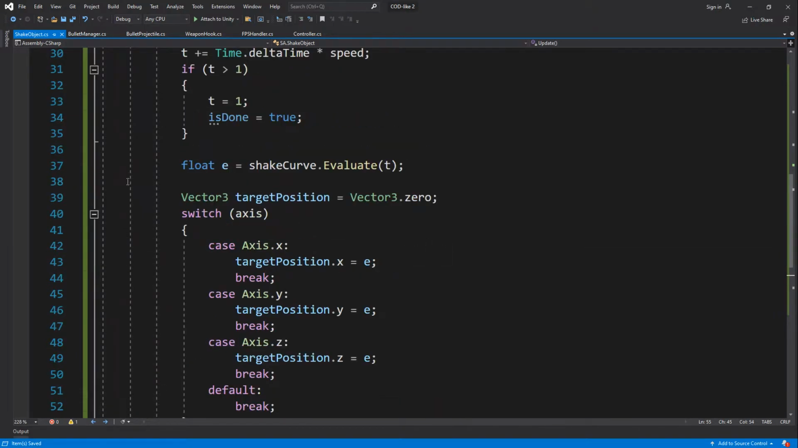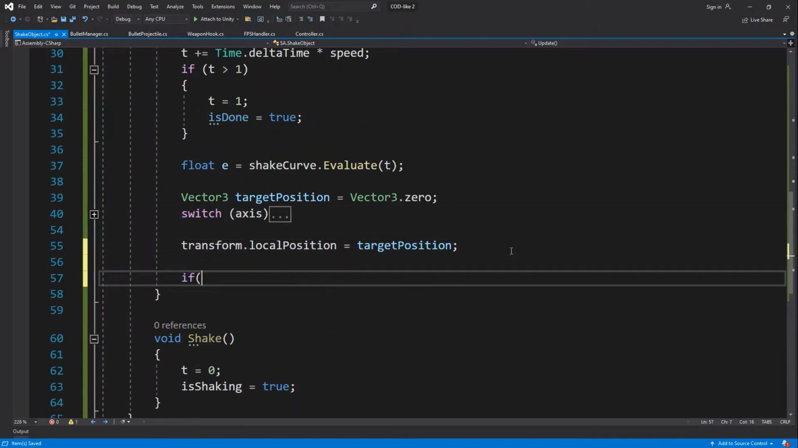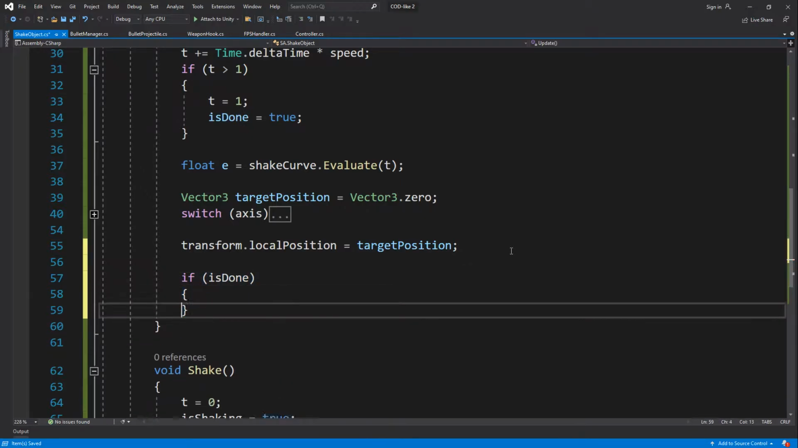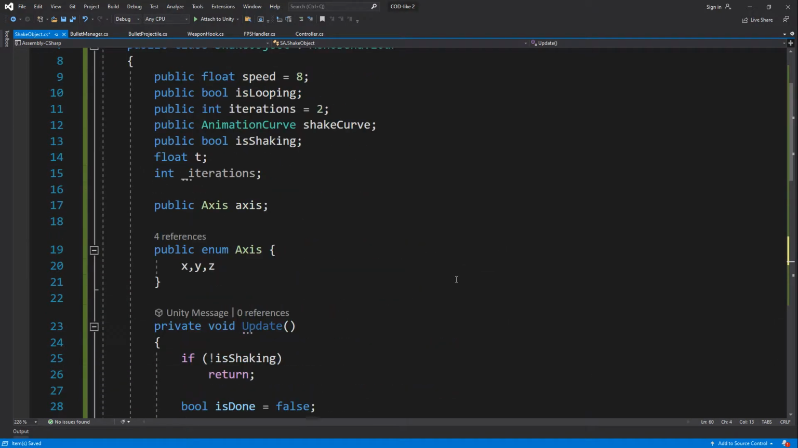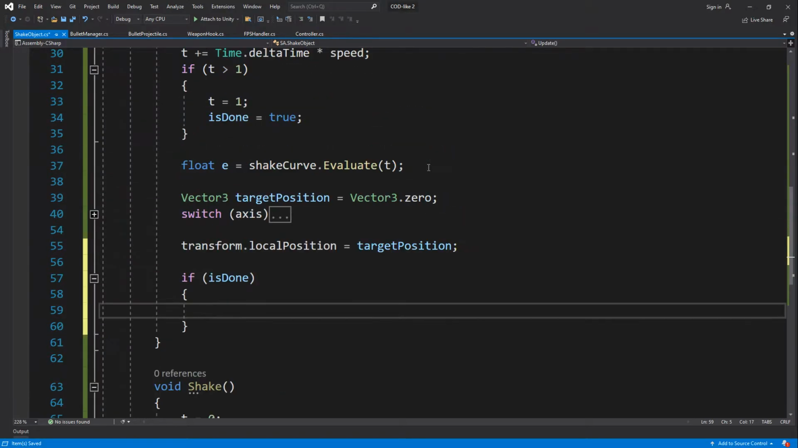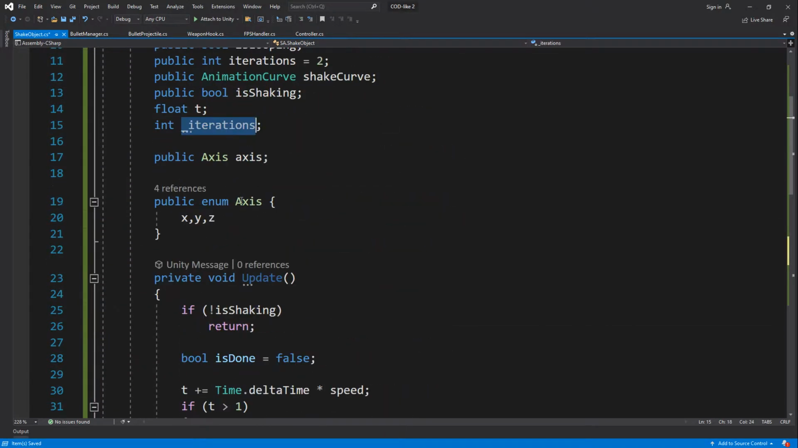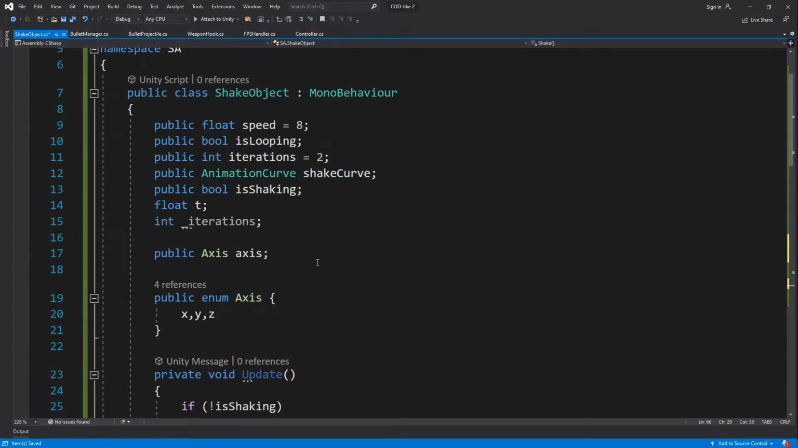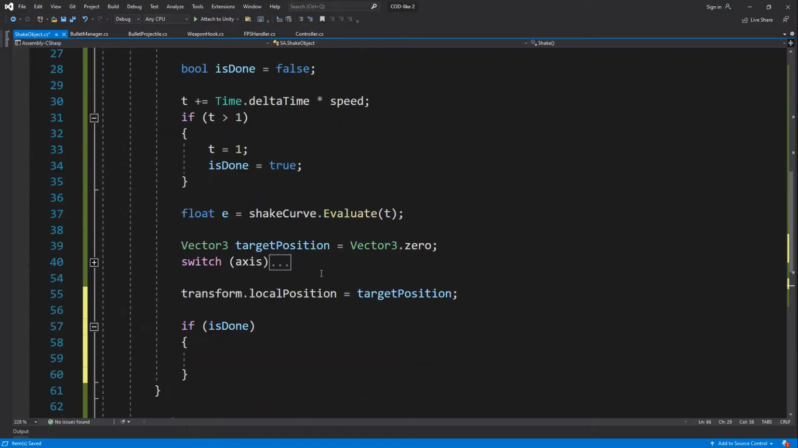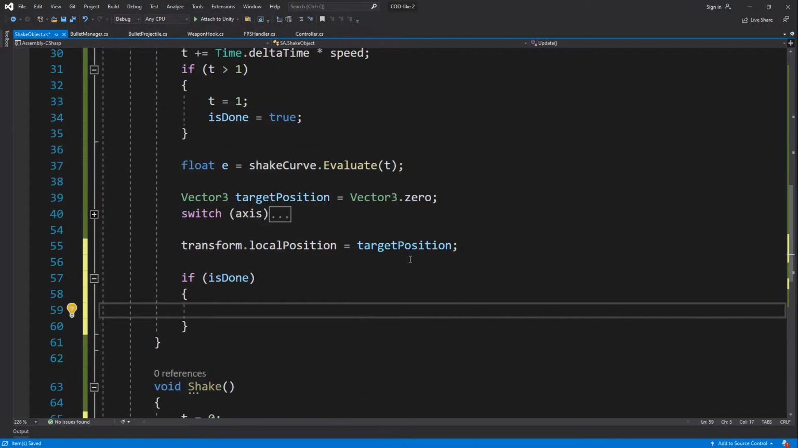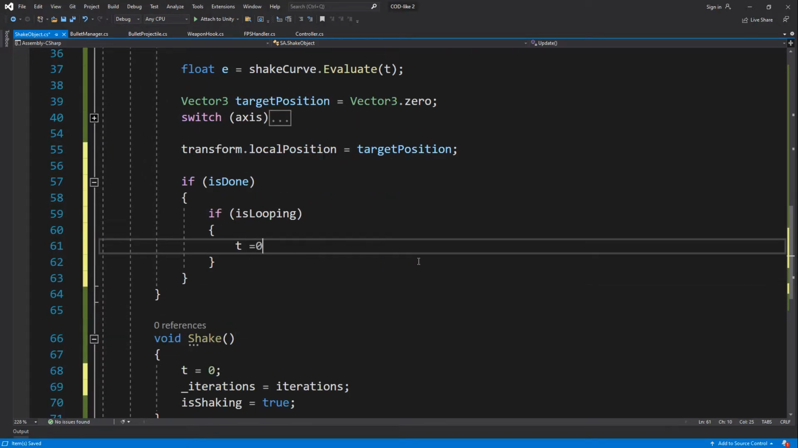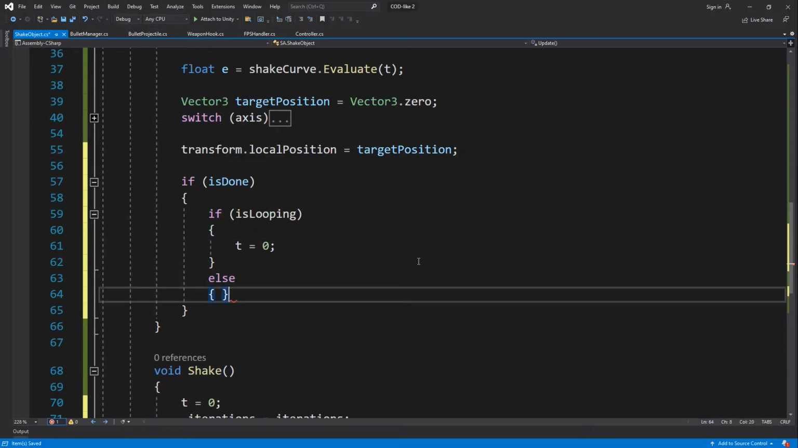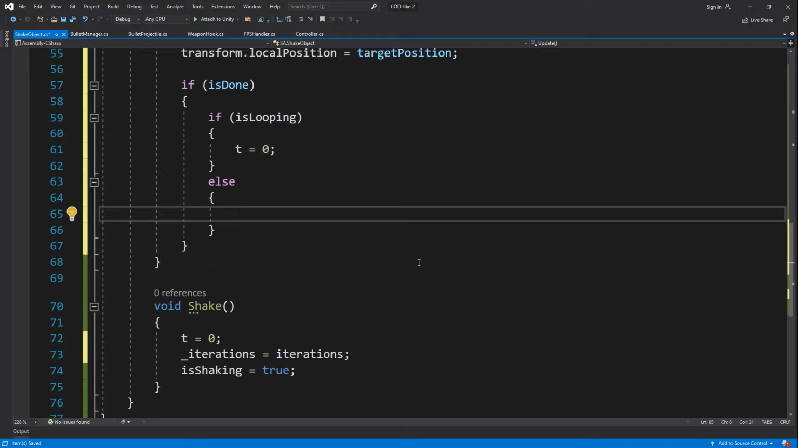Then over here, after we are done, if isDone, then we need to be checking. Actually, we also need to be assigning iterations as well over here. Iterations. Okay, so if isLooping, we're basically just going to go ahead and do this again. Okay, so it's never ending. Else, if it's not looping, then we need to do,